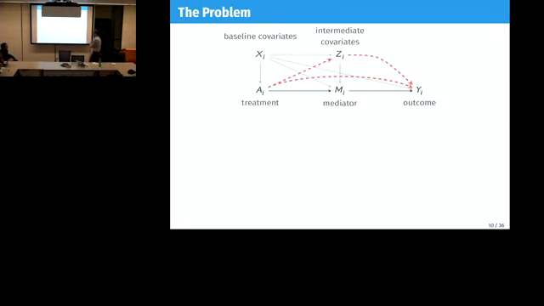Okay, so the key problem that comes up: it seems like I've described to you two separate things that would identify two separate regressions that you could run, and it seems like why shouldn't I just be able to include both of these variables? So the problem that comes up when you're trying to estimate this direct effect of A on Y is that